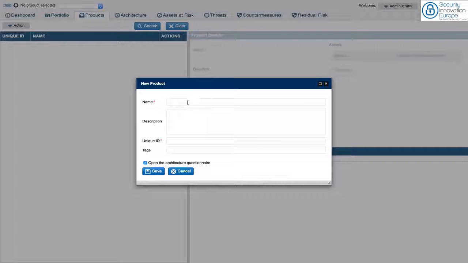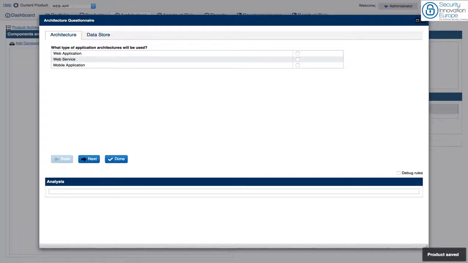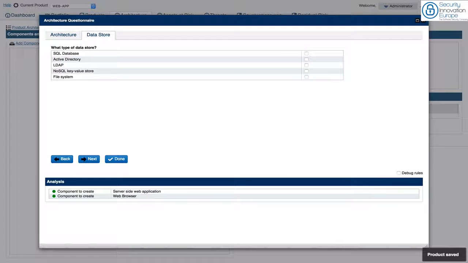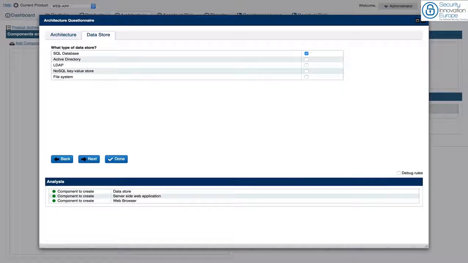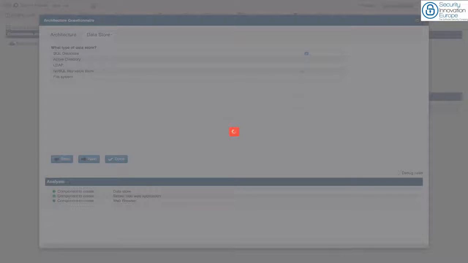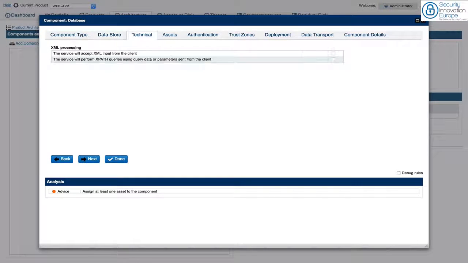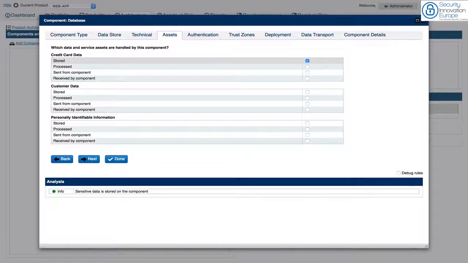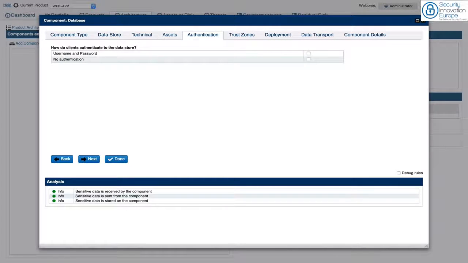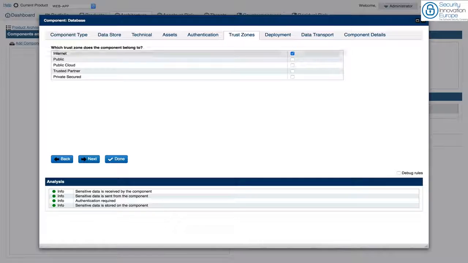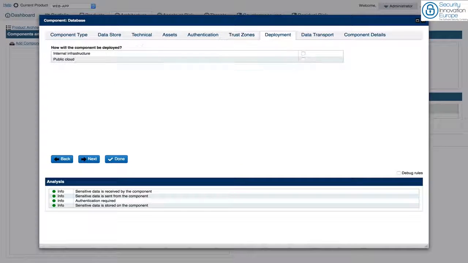To start with, the developer creates a new product, and then answers a questionnaire about the architecture. The system is based on components, and we'll see a distinct questionnaire for every component of the system. In this case, we first look at the database. The user will then answer questions about the database and the data it uses, how it will be deployed,